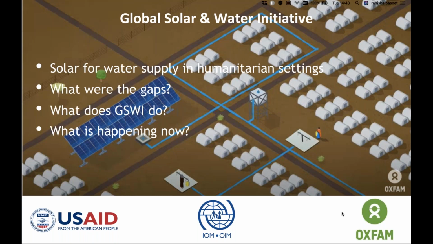This continued with hundreds of solar pumping systems being installed across refugee camps in Uganda. The Rohingya refugee camp in Bangladesh is another good example of solar water pumping use in an ongoing humanitarian crisis, where, if I may just use one example, a solar water pumping system supplying water to 50,000 people using solar alone was installed in 2019. And the solar team provided support in these cases. And there are many other good examples across refugee and IDP settings in the world. Next slide, please.